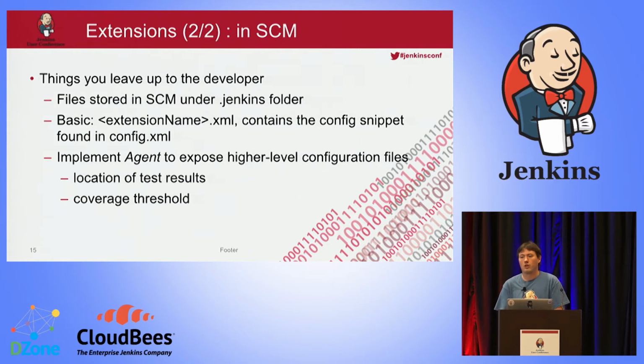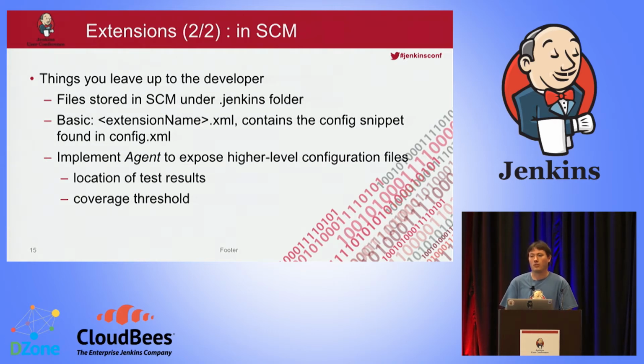For instance, you could have, I don't know, publish, send a mail. Then you can just put the snippet for the mail publisher in this file. If the plugin has implemented this extension point, which is called agent, you can, instead of having the configuration snippet, which makes your build very dependent on the Jenkins class names and structures, you can implement this agent, and you basically have